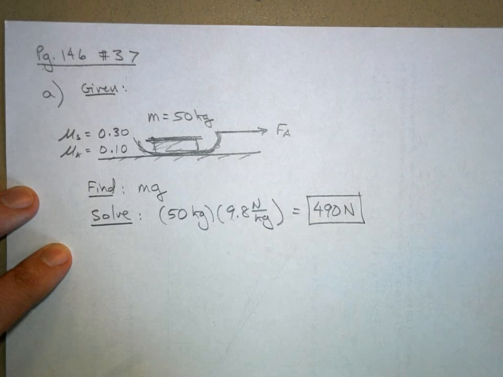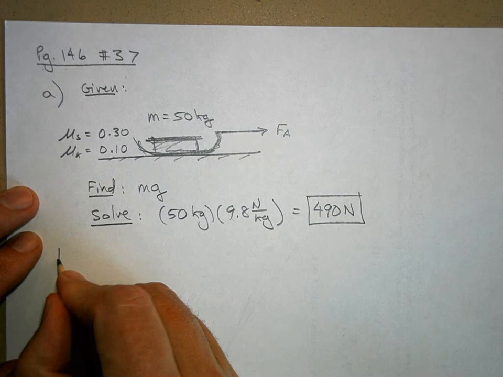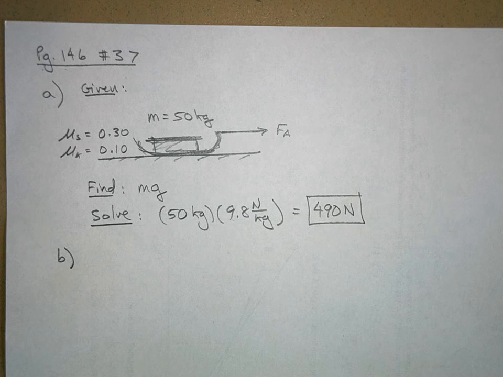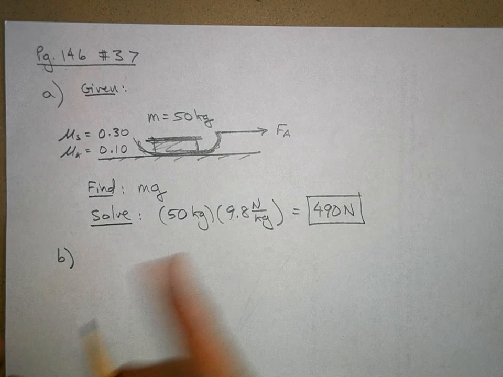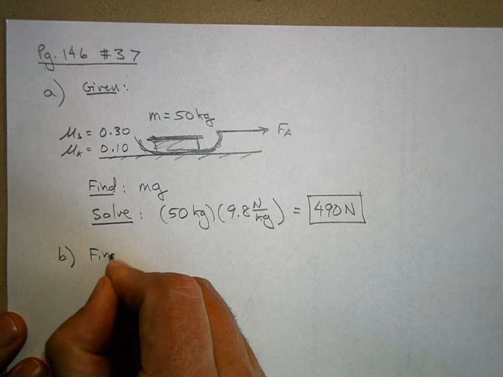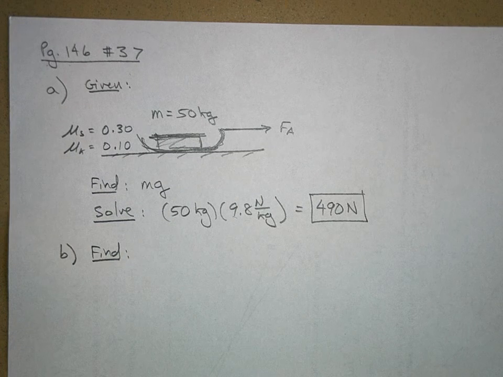So that's the weight of the sled. Now for part B, what are we trying to find? What force will be needed to start the sled moving? So we want